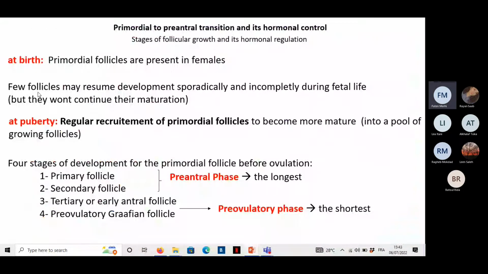Then a few follicles may resume development sporadically after birth and before puberty. A few of those follicles will develop a little bit, but then they will stop their development. So they will never reach the stage where they will become antral follicles. They will develop a little bit sporadically and incompletely during fetal life, and in fact, they will not continue their maturation. Now,